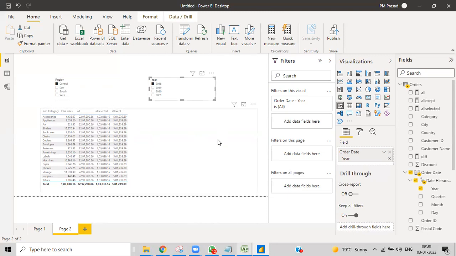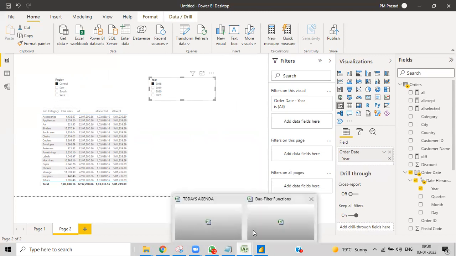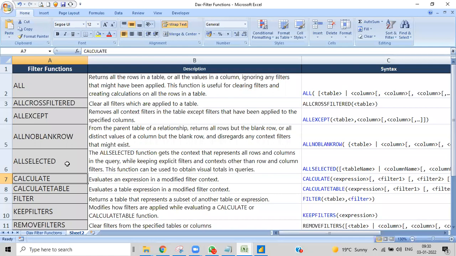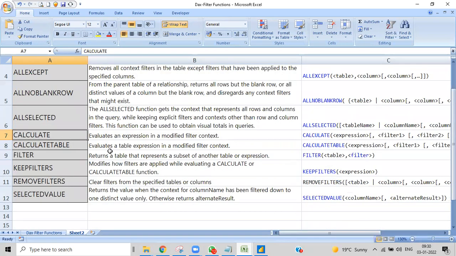Right now we got these things, and we do have other filters that we need to calculate. All select, the all, no blanks rows, not special. And then calculate table is nothing but calculate, we write it for a table. Calculate table is for a table. You will also have this scenario once we go ahead. We will explain filters right now, and then keep rows and remove rows, keep filters and remove filters. After explaining these, we go to filters.